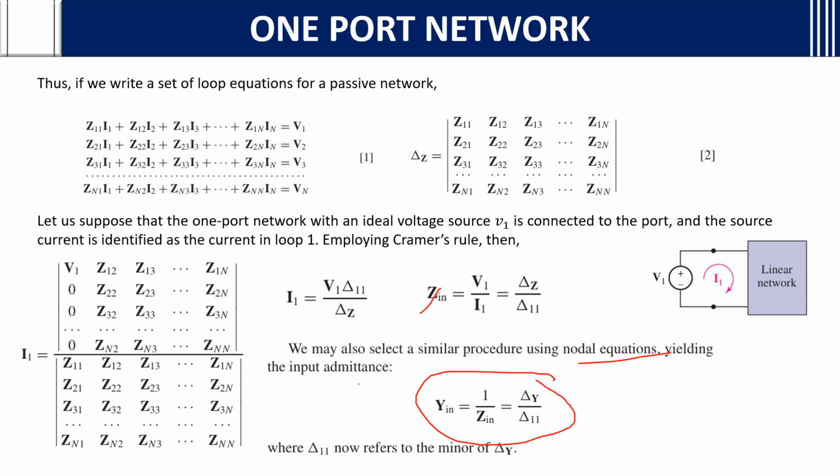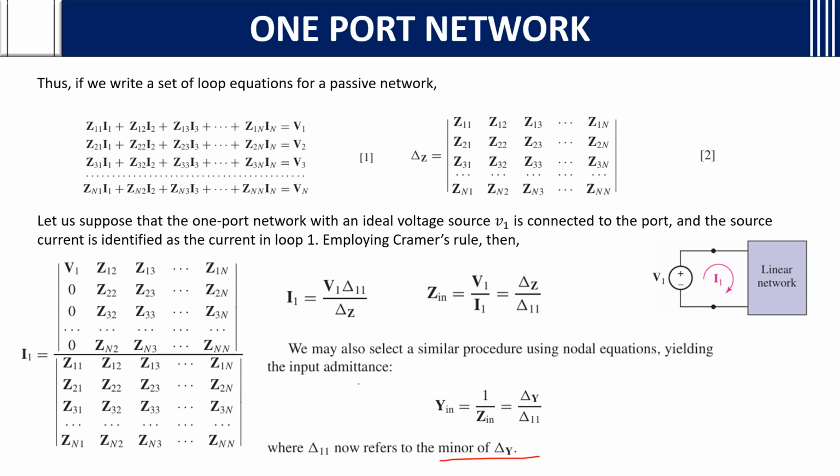But if you want Yin, admittance, you know admittance is the inverse of Zin, that is impedance. So you need to use nodal equations yielding the input impedance, that is delta Y by delta 11. The formula is the same, just it is the inverse. If you first find delta Y by delta 11 and invert it, then you will get Yin, the input admittance, where delta 11 now refers to the minor of delta